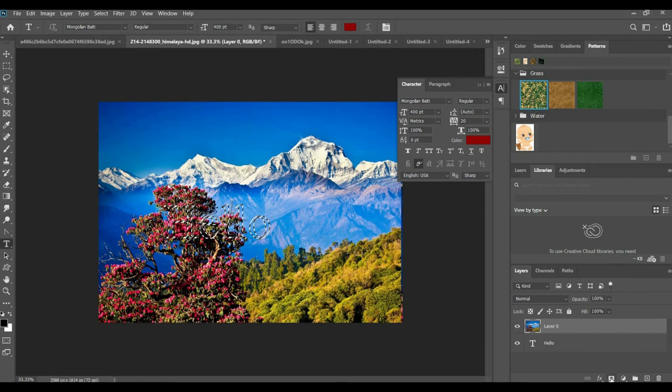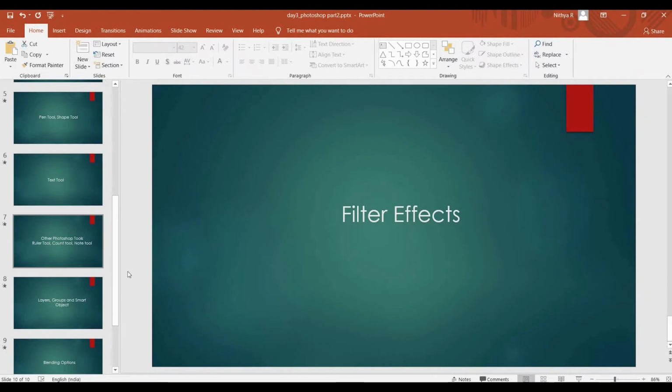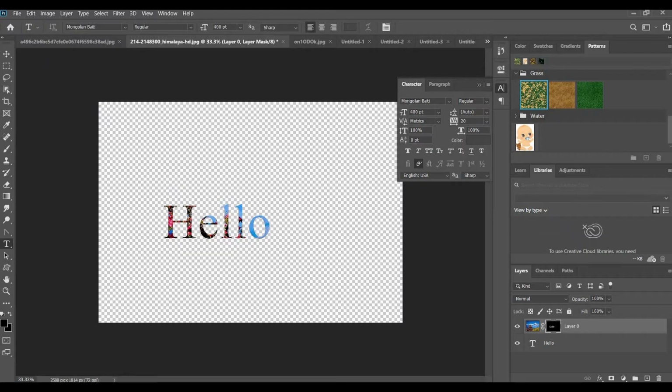Then see here the shortcut, add layer mask. Click on that. So the layer has been masked. We can apply the same thing for shapes also. After drawing some shape, you can use the same method to clip the background image inside that shape.